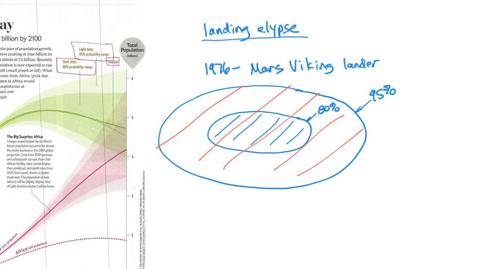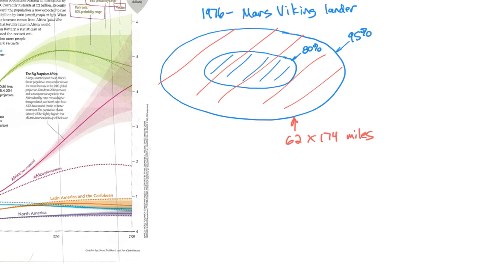In 1976, computer models, as you can imagine, were pretty crude, and we didn't have a lot of data. Even if the models were good, we didn't have much data about the atmosphere of Mars. So in 1976, this 95% confidence interval was 62 by 174 miles, which is nearly the size of New Jersey. As you can imagine, as we learn more and have better computer models, and some of the things we learned from this Mars Viking project led to, let's say,